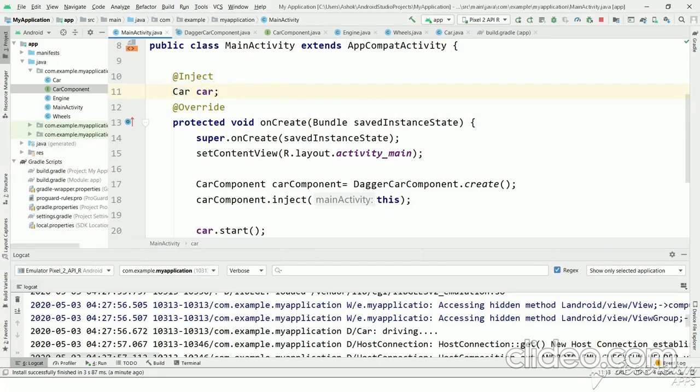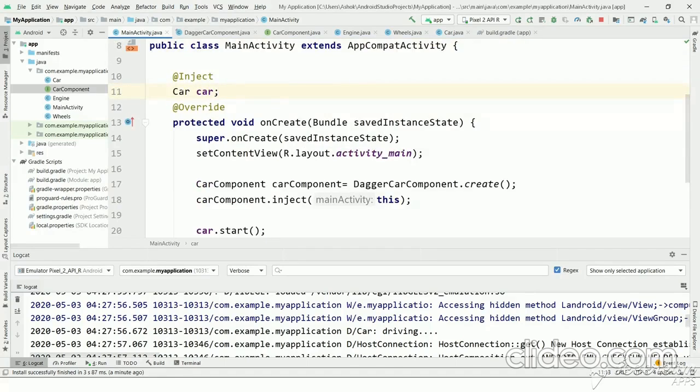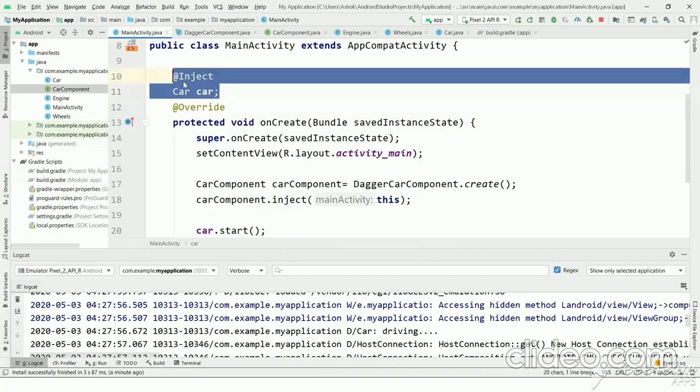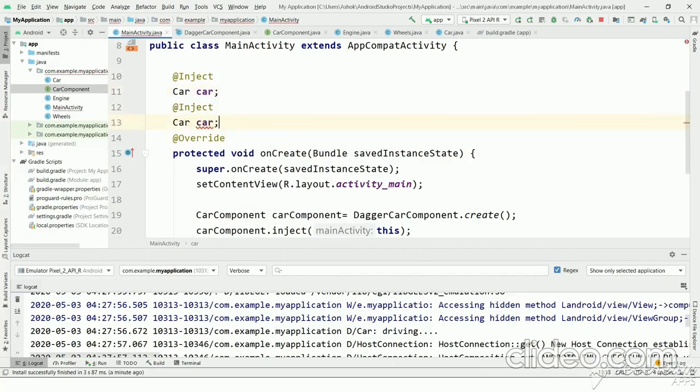that. So instead of creating object for class, car has a constructor with inject annotation. So Dagger knows how to create a car. So this is one more way of creating a car object. Suppose there is one more variable of car, car1.